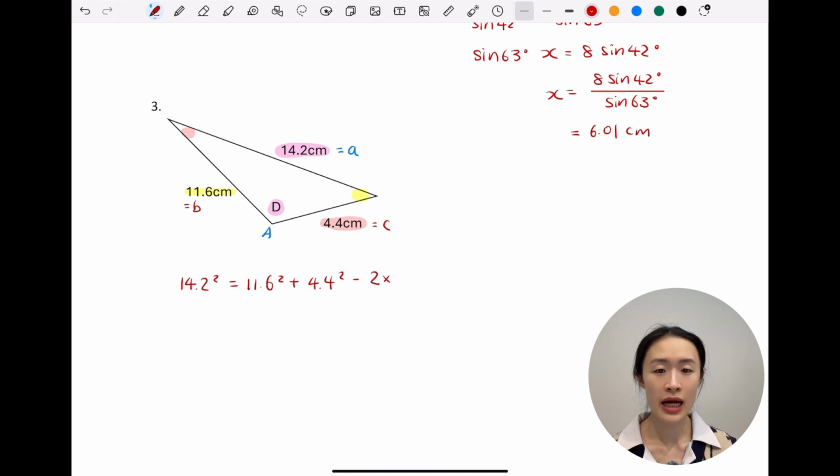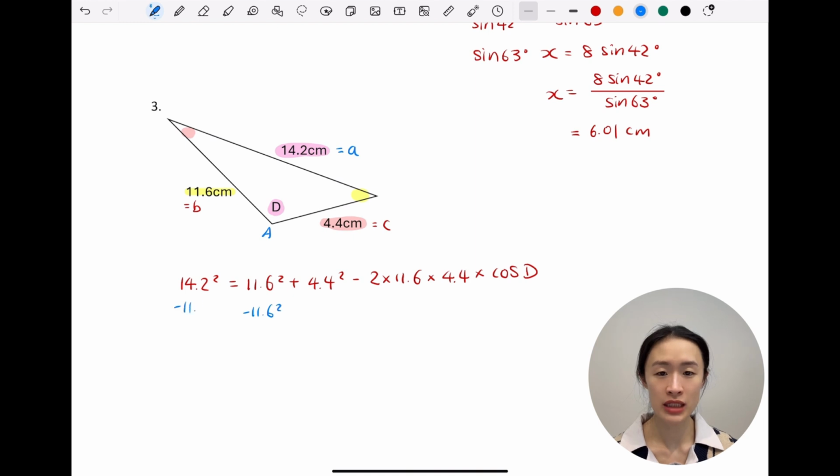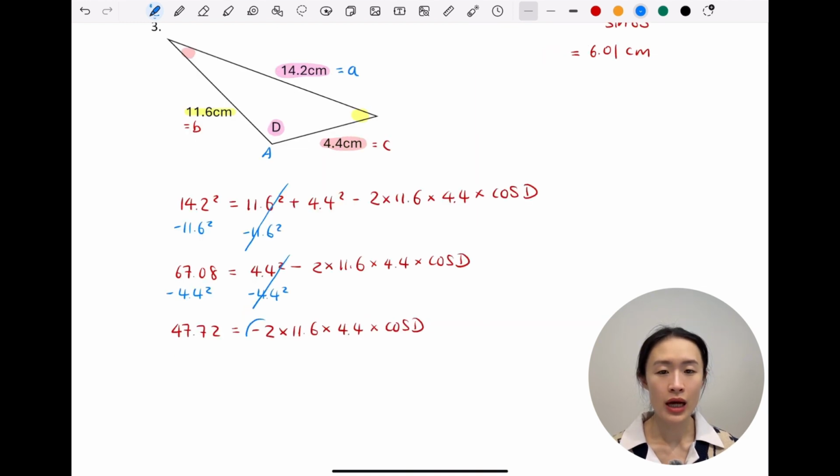Take away 2 times 11.6 times 4.4 times cos A, which is cos D in this case. So when rearranging this equation, some people find them difficult. So I will do it step by step just to make sure that we are all happy with it. So what we can do is to take away 11.6 squared on both sides, and then we can take away 4.4 squared on both sides. Subtract 2 times 11.6 times 4.4. This we can work it out. And it is negative